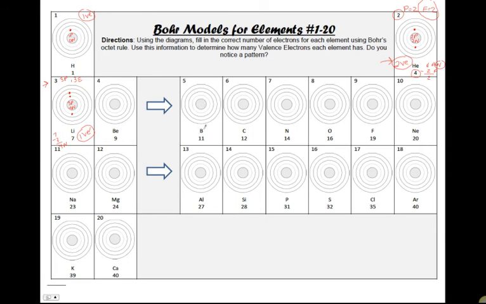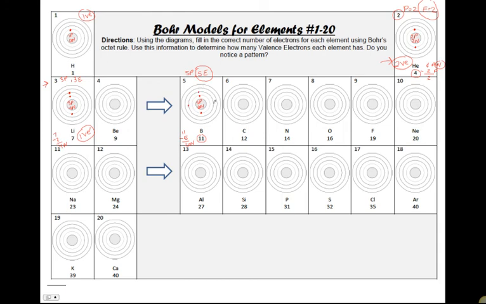Element number 5 is boron, and it has the atomic number 5 and an atomic mass of 11. So automatically I know that it has 5 protons, 5 electrons. I'm going to take a look at the atomic mass, 11, minus the atomic number, which is 5, and it has 6 neutrons. In the nucleus, I'm going to write 5p for the protons, 6n for the neutrons, and now I'm going to fill in these 5 electrons. First 2 electrons go in the first energy shell. That energy shell is full. I have 3 more electrons, so I'm going to put 1,